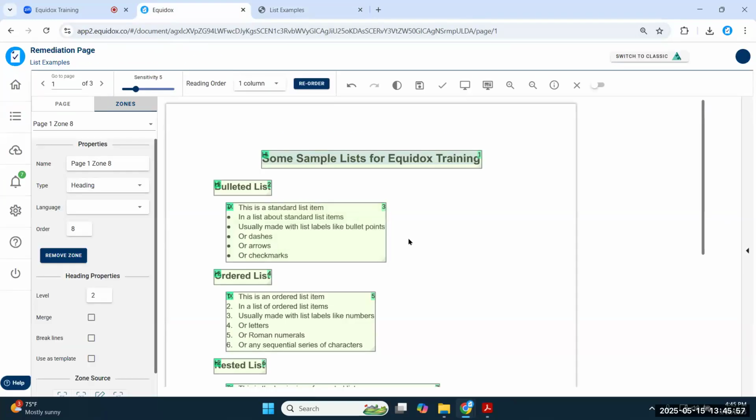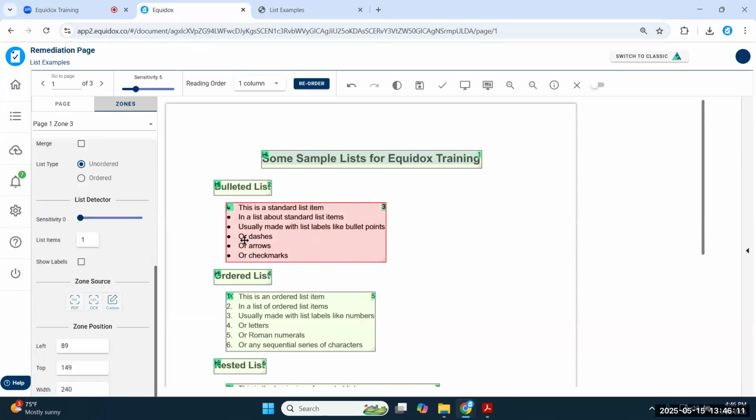So list detection is really simple in Equidox. All I have to do is click on this zone, which currently contains the entire list. I can then hit L on my keyboard, L for list, and it will move me down to the list detector. And in the list detector, I can simply nudge this slider from left to right.